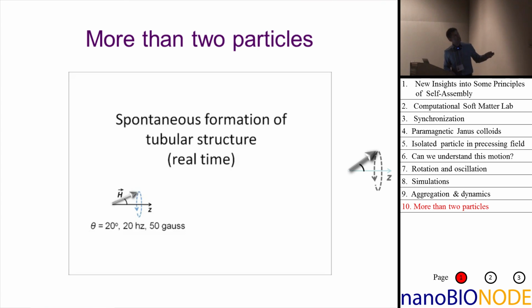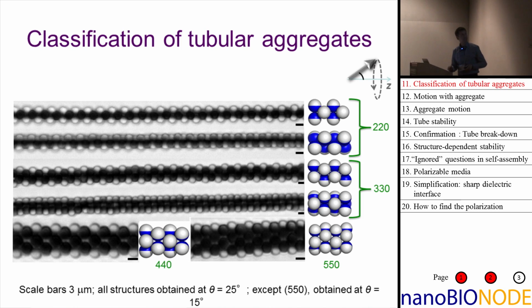And so now the magnetic field is precessing around the z-axis, which is now running from left to right. And what you see is that you get the formation of these tubes. And these tubes become very, very regular. Because of the lack of time, I will not wait for another 5 minutes, but I guarantee you that these movies end with completely ordered chains. Tubular structures that are completely ordered. And that's illustrated in this set of pictures here.